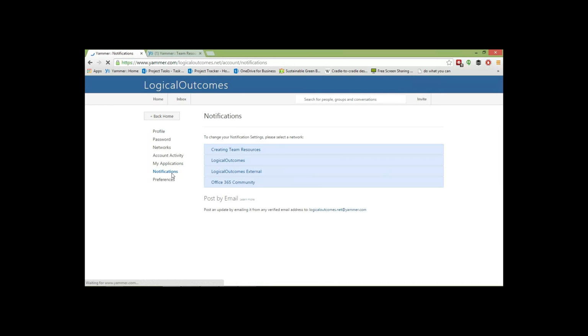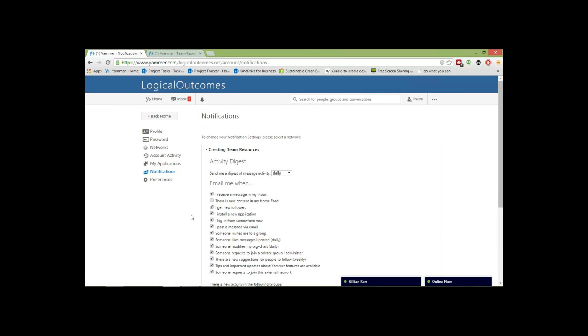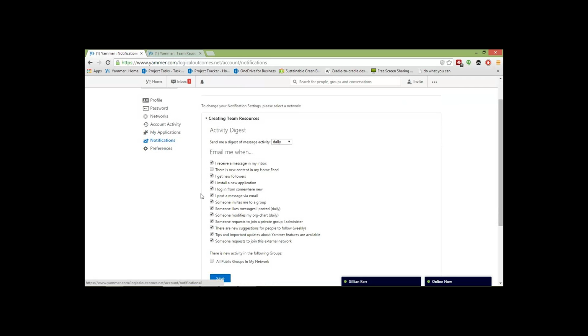Now, big thing here with Yammer, and this is one of the biggest issues that most people have, so definitely get to it last. But notifications, the default notifications from Yammer are excessive, to say the least. And so it's really good. One of the first things to do is to actually go into your notifications and to just make sure you change them. So I've set it up I have quite a large number of notifications right now